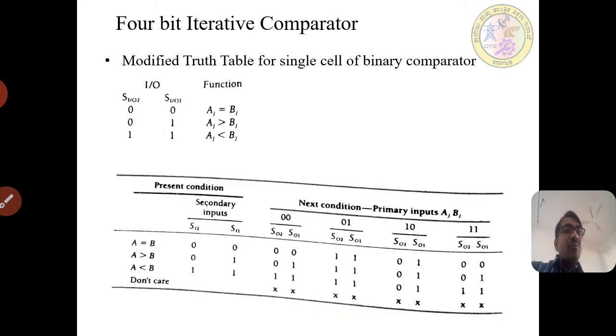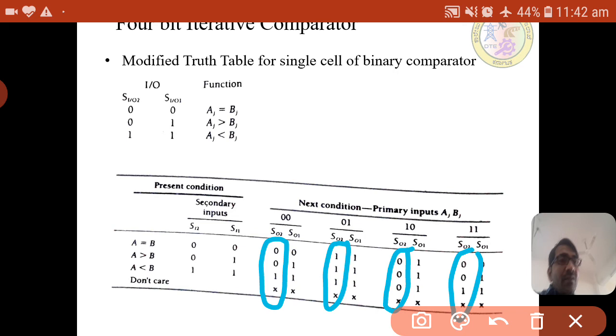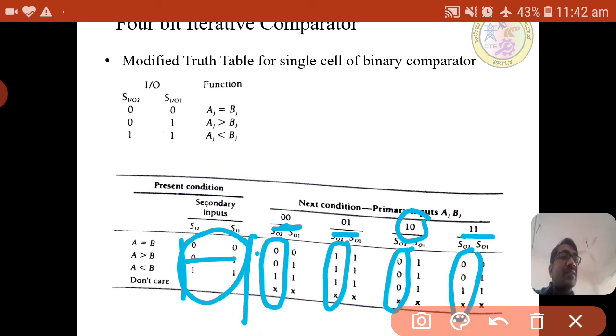So for the K-map, there are two outputs here, SO2 and SO1. How do we need to take the values here? For SO2, these are the values. In total, how many values? 16 values for SO2. What are the inputs here? When AB is 0 0 and SI2 and SI1 are 0 0, this is the value. When AB is 0 1, these values are the output. When AB is 1 0, these are the values. When AB is 1 1, for these particular values, these are the outputs.